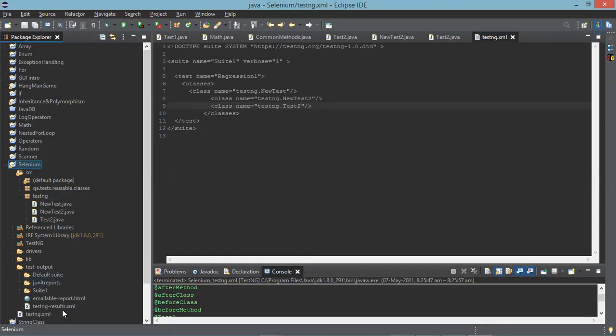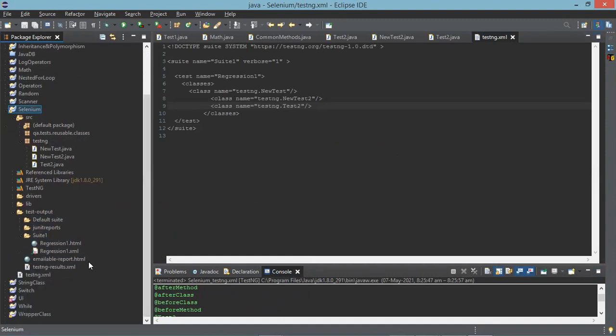You can see something like Suite1. That is the name of your suite here. Expand that and you can see Regression1. Regression1 is your test name, on line number 5, whatever you have given. Now open that HTML file, double click.